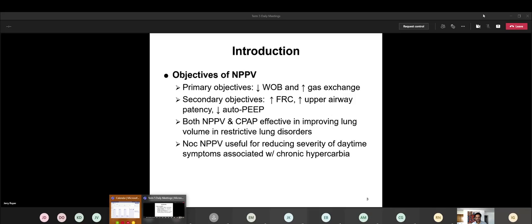So with the oxygenation, it's all about the increase in FRC. And that's the first thing that happens when you start increasing the baseline pressure. It also stabilizes your upper airway. So if you got someone with obstructive sleep apnea, then that constant pressure is going to ensure that the airway doesn't collapse. Now, NPPV and CPAP are going to be beneficial for patients with restrictive diseases. But